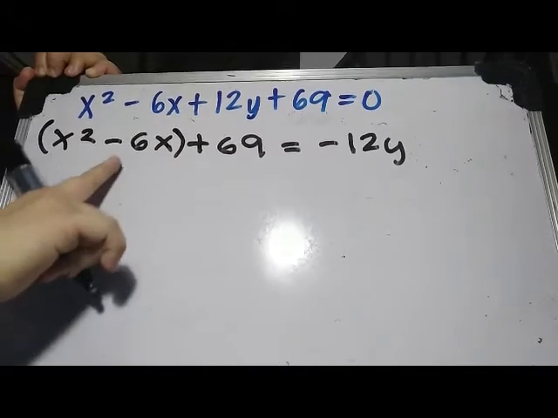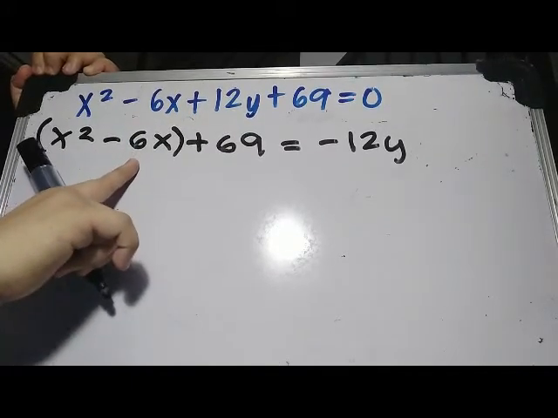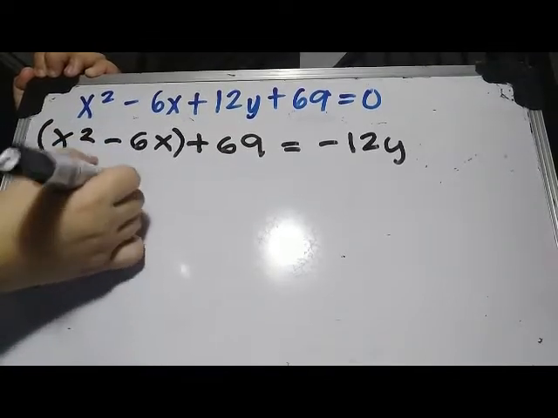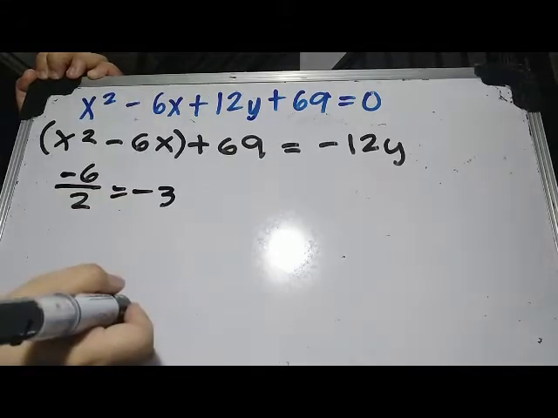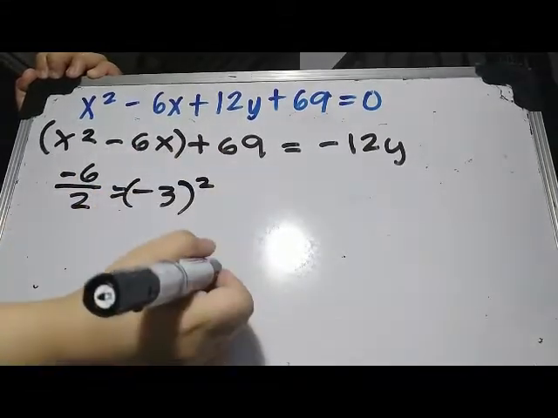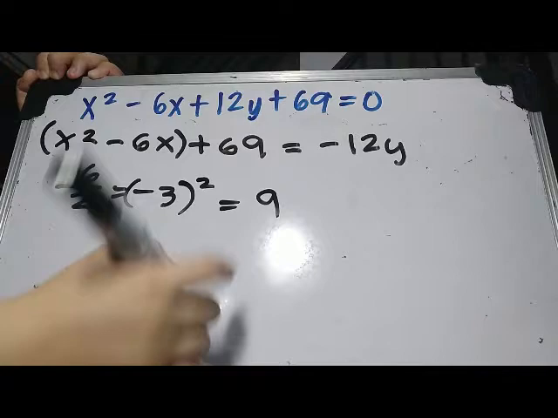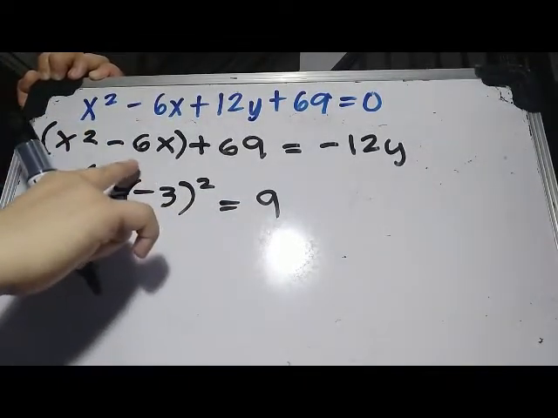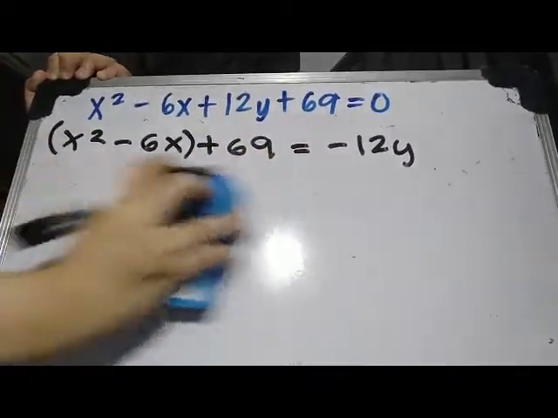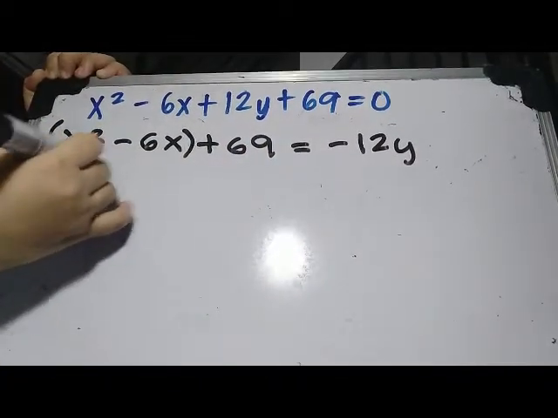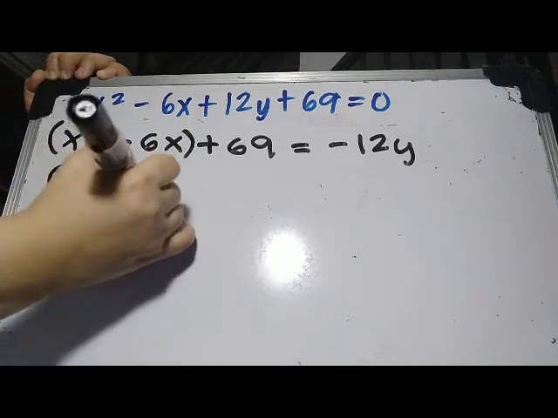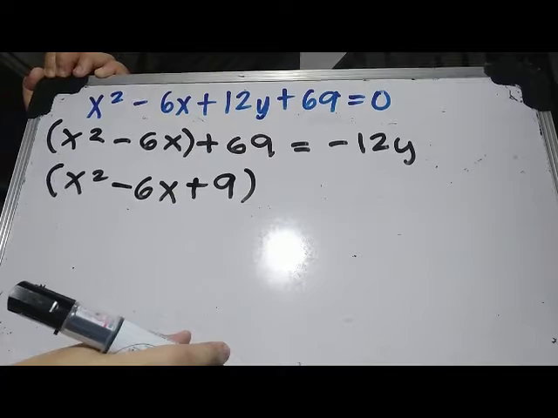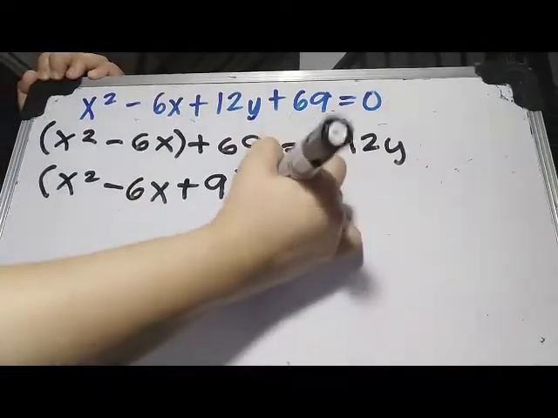So in completing the square, we need to get the coefficient of x, and that is negative 6. Okay, and then we need to divide it by 2, so we will get negative 3, and then the answer, we need to square it, and that will give us 9, which would be the third term of our trinomial inside the parenthesis. So from x squared minus 6x, we will add positive 9 to have a perfect square trinomial,